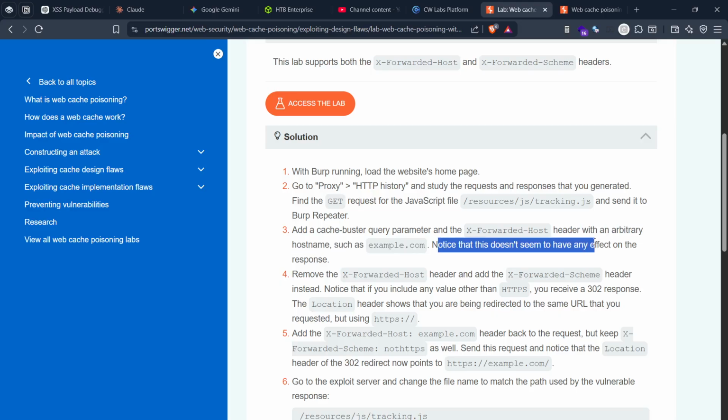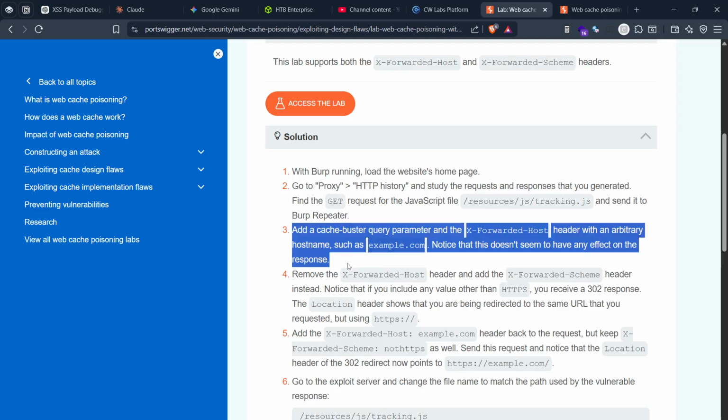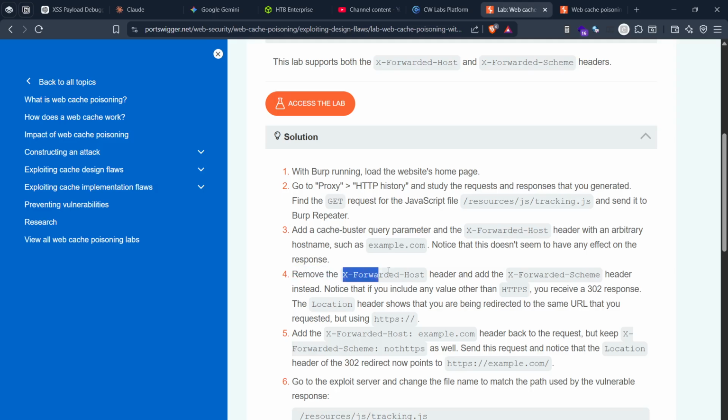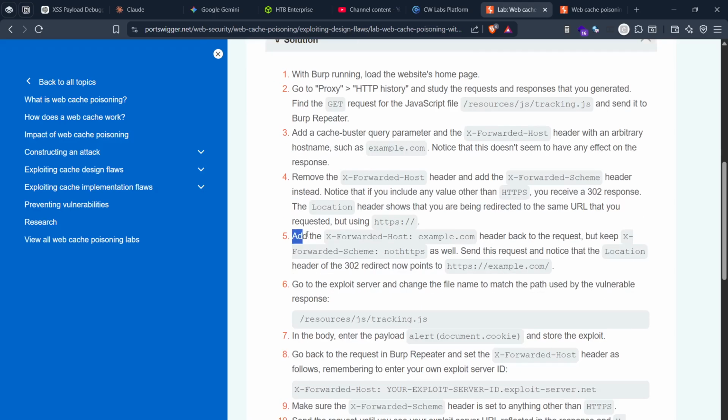Notice that this does not seem to have any effect on the response, right? We have done that. Remove the exported host header and add the exported scheme header instead. Notice that if you include any value other than HTTPS, yeah, we have already known that we will receive a 302 response, and the location header shows you where you have been redirected, the HTTPS version of that. We added host and then the location header. Yeah, forwarded scheme, not HTTPS as well. Send this request and notice the location will be a 302 to the HTTPS version of example.com, which we served